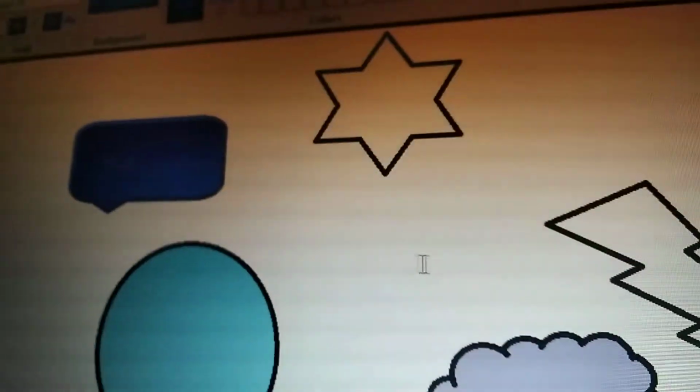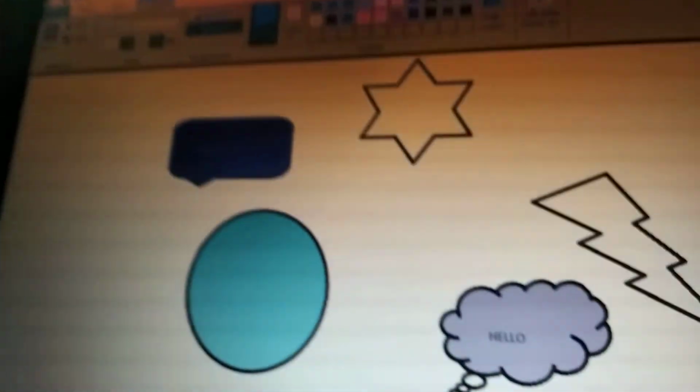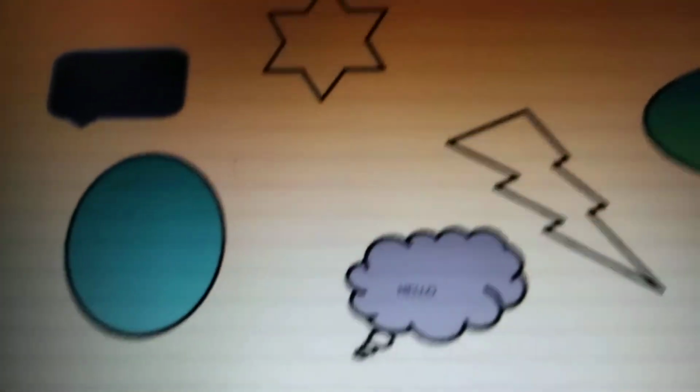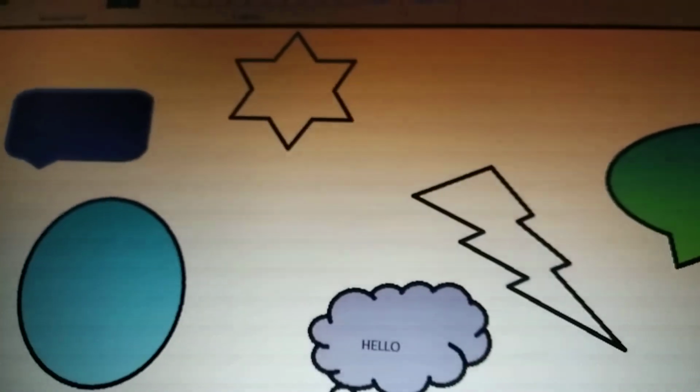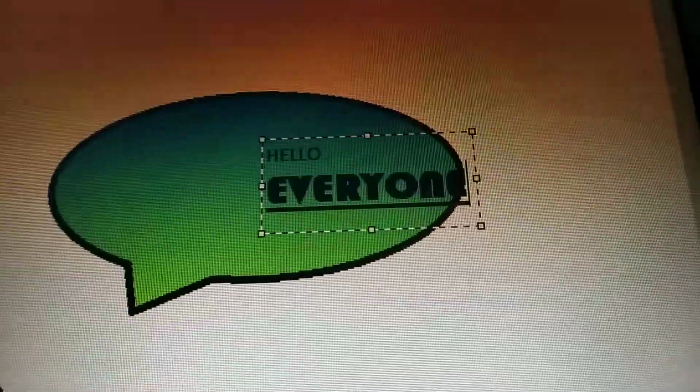You can see here the writing is changed, it is underlined and it is bold also. So in this way you can write anything in the cloud callout also.